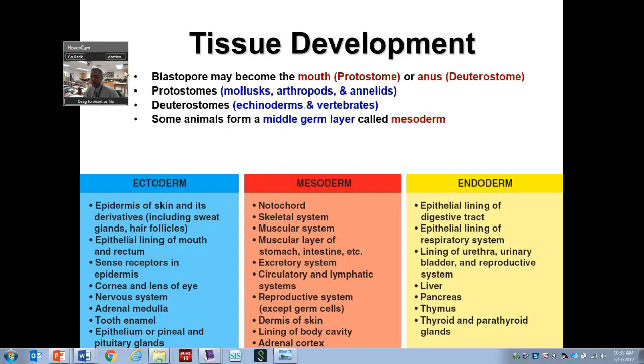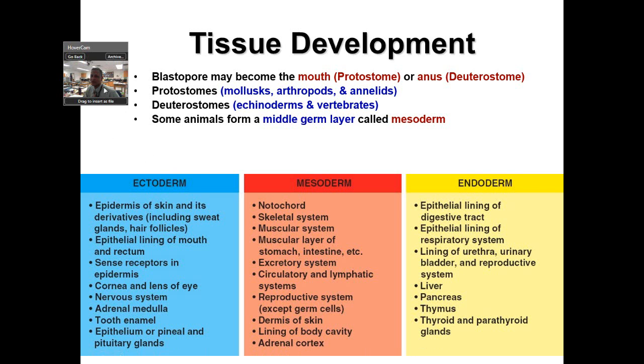Now, I mentioned the 2 openings. If the first opening is the anus, it's going to be a deuterostome. That's us. No jokes. If the first opening is a mouth, you're going to be something called a protostome. All right? So this is, again, part of that whole what makes an animal, and how do we separate the animals into their different phyla, and later on, how do you separate them within the phyla?